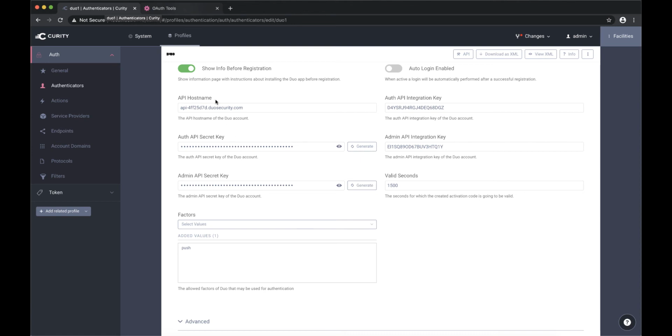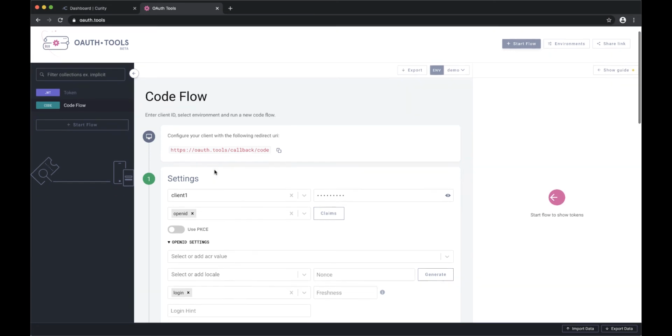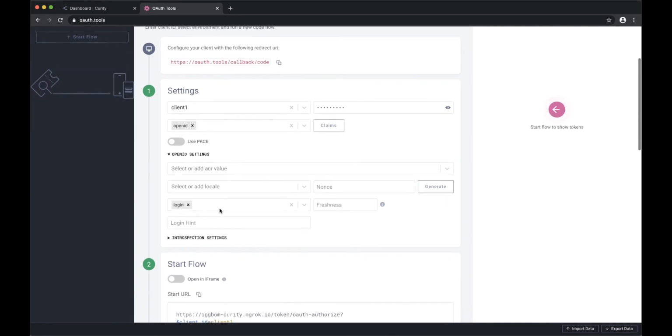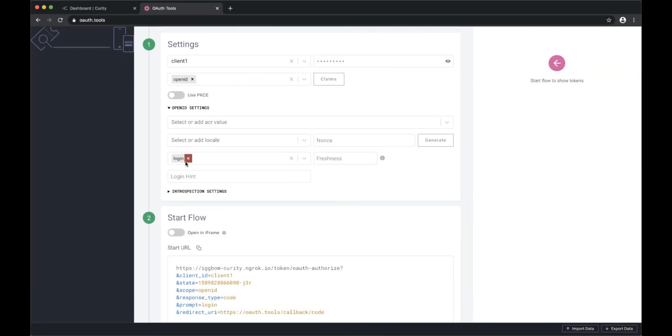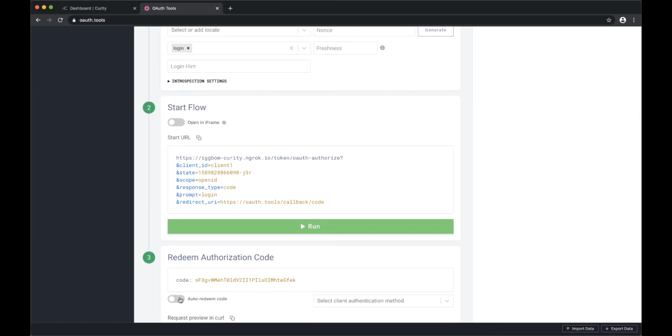So now if we switch to OAuth tools to take a look at what this authenticator does and what it looks like from an authentication perspective, I have my client. I'm requesting the OpenID scope. It's irrelevant to this, but I'm forcing login so that we don't get any single sign-on aspects in this demo here. I'm going to add the auto redeem code here to the code flow. So if we run this code flow now,